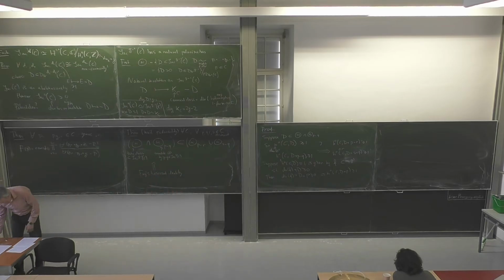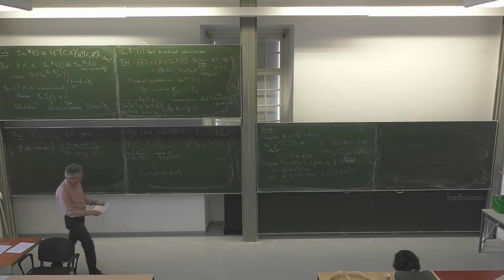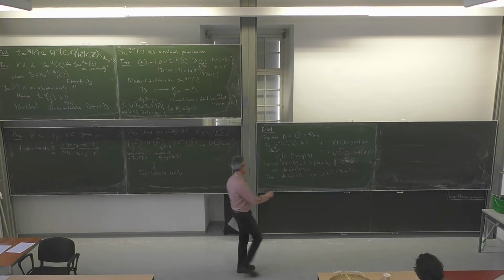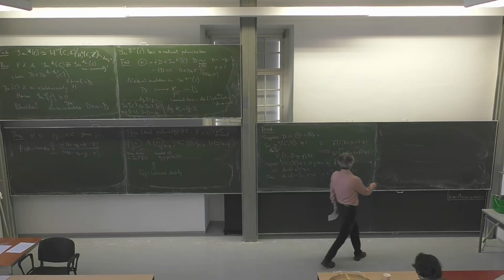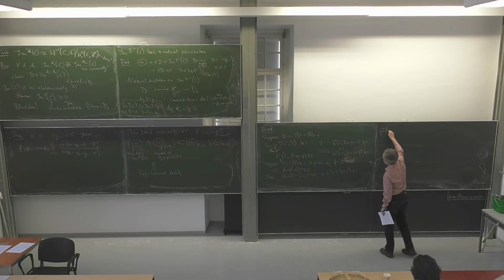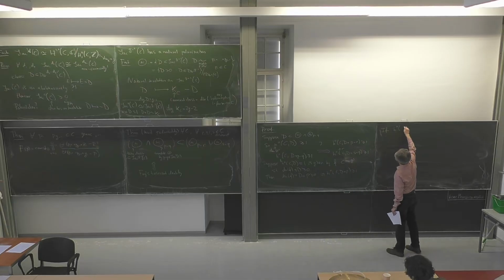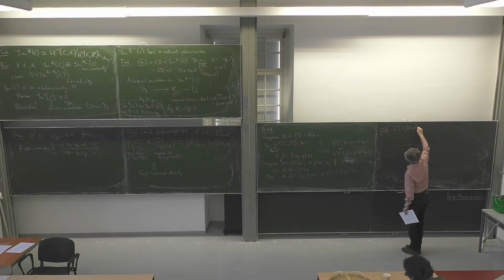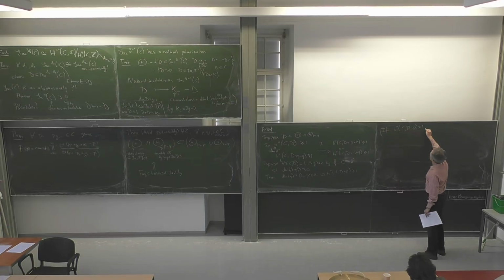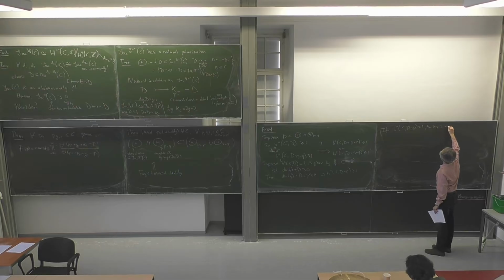Let me take a look for a second. Okay, no, that's okay. If H0 of C of D plus P is 1, then this is also given by